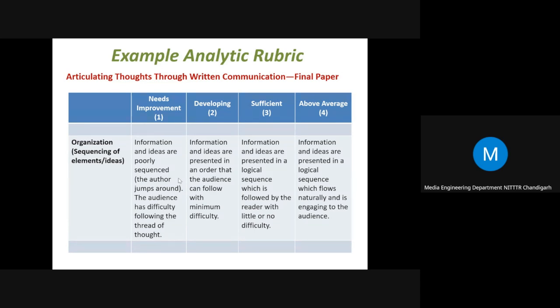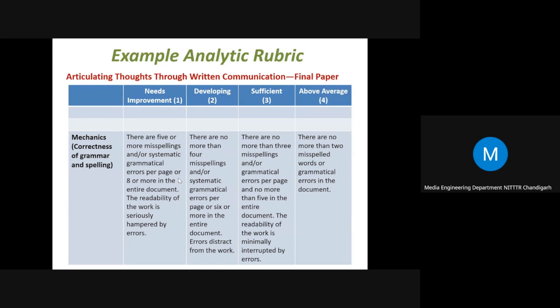Then we'll again evaluate the student work with respect to this criterion, the organization criterion, and again we'll check whether the student is earning above average or sufficient, developing, whatever performance description best satisfies the student work. So that will be awarded irrespective of whether he got above average in the previous or less than above average in the previous. So all three of these criterion points will be evaluated independently. Then for the final evaluation, these evaluations of the individual criterions will be combined, right?